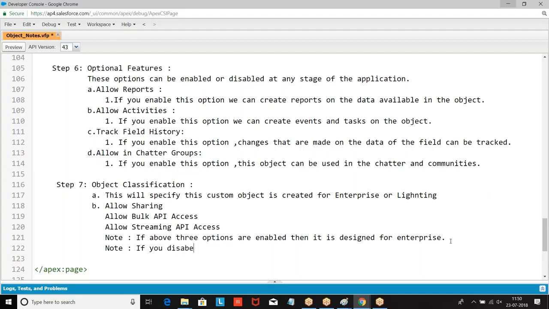If you disable any one of the options, then it is designed for lightning application.